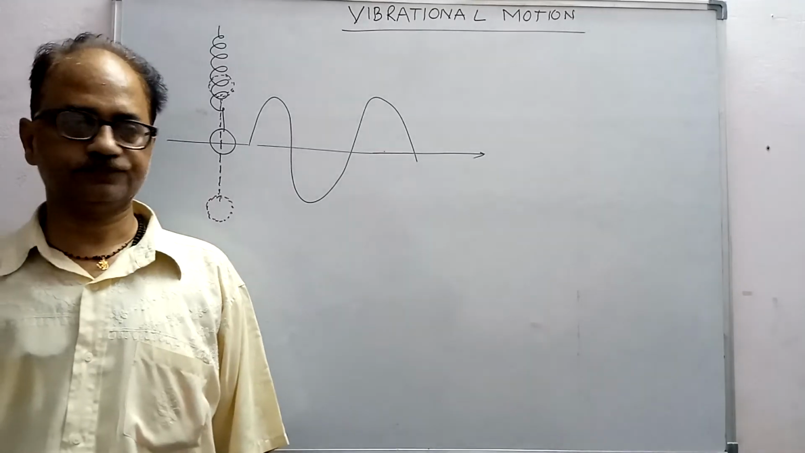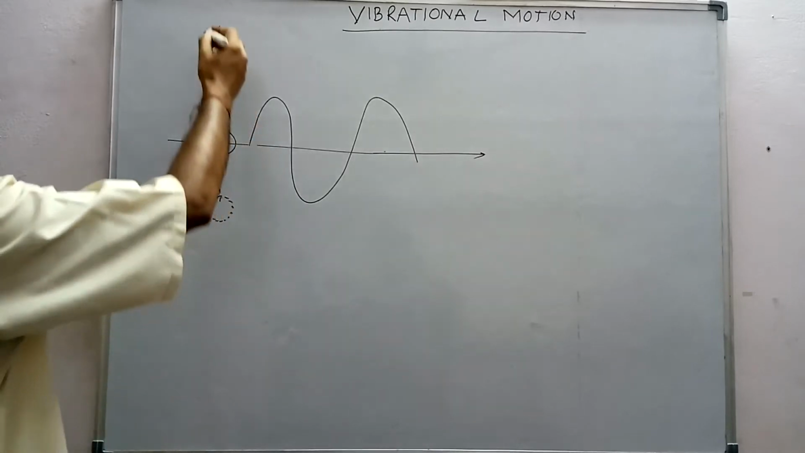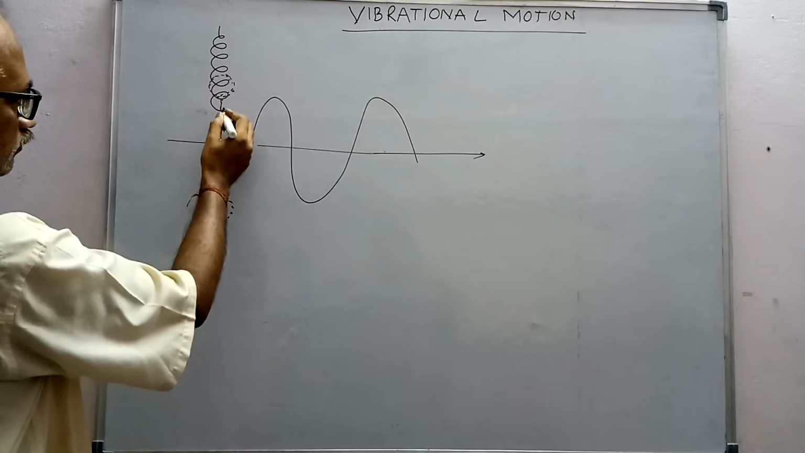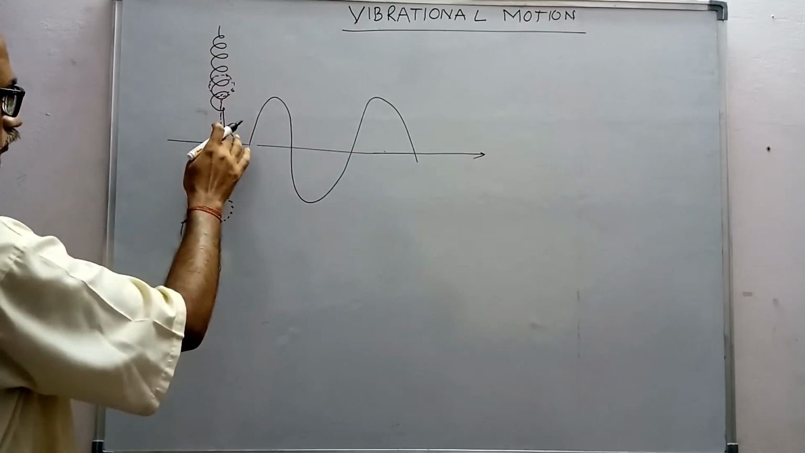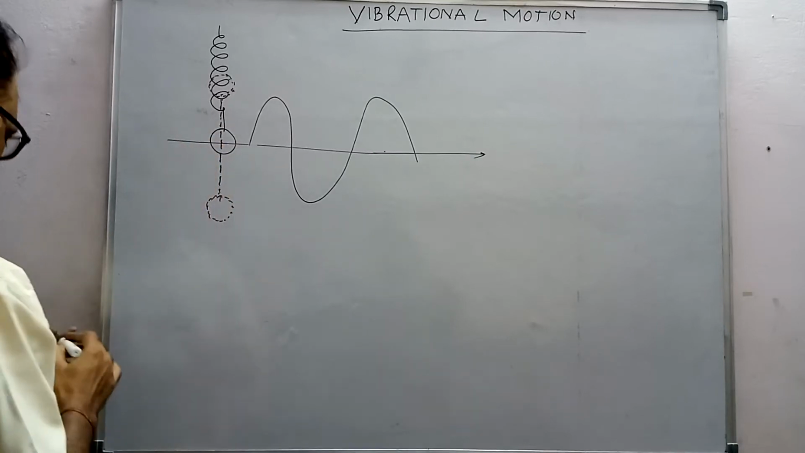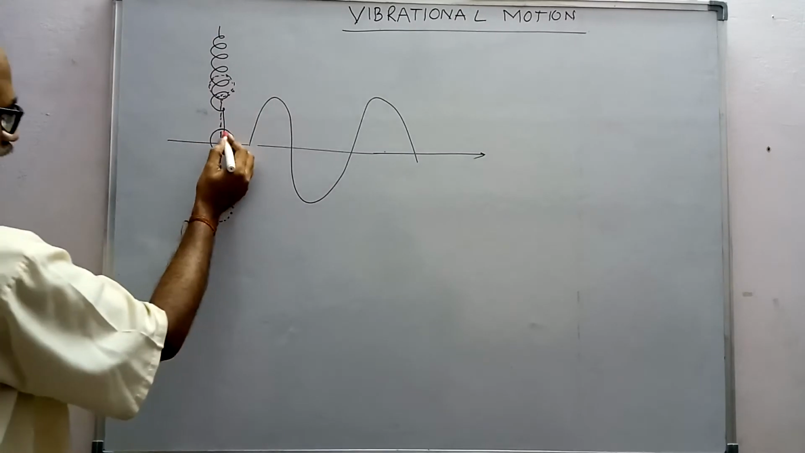Vibrational motion. Let us consider a spring, and the spring is connected with a ball. This is a ball. So this is a spring which is connected to a ball here,